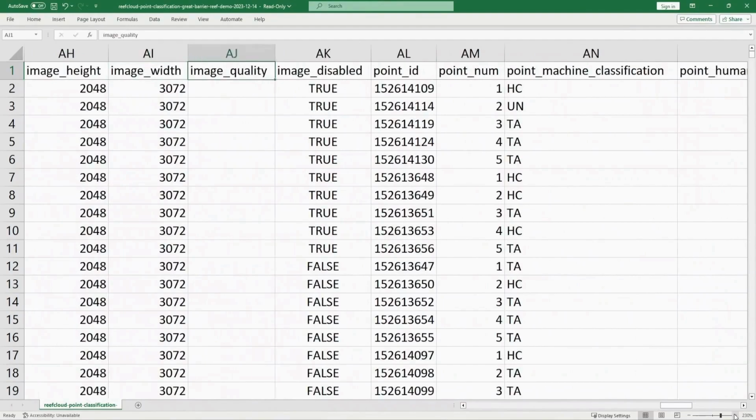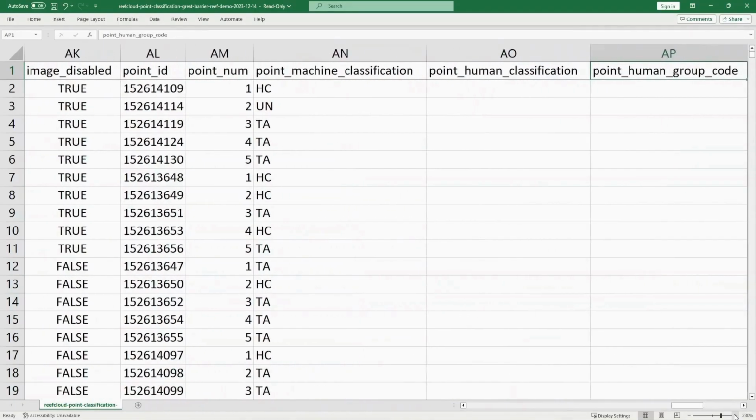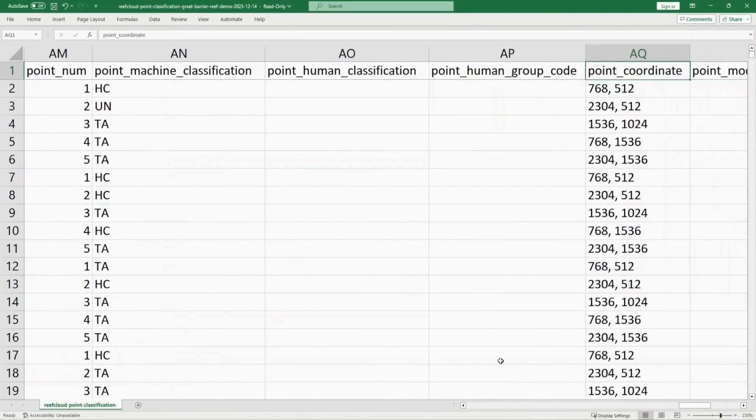There is point ID, relevant to the human and machine classifications, and point coordinates to identify where a point lies within an image.